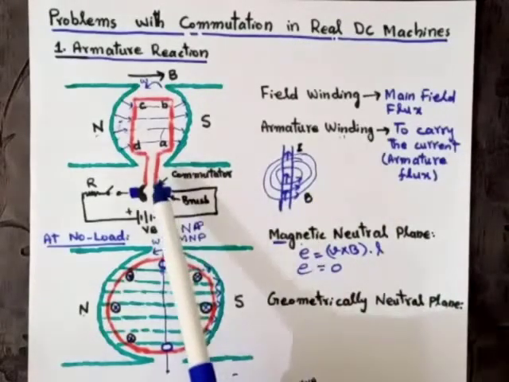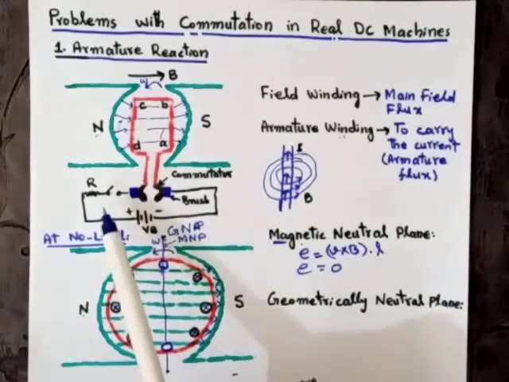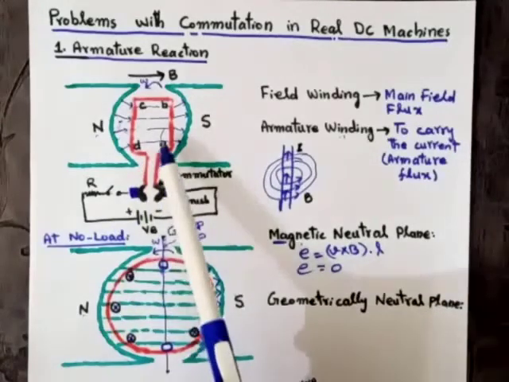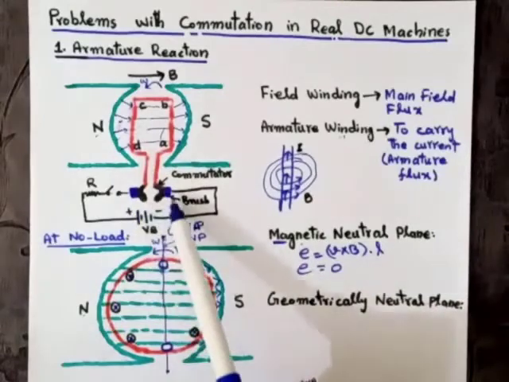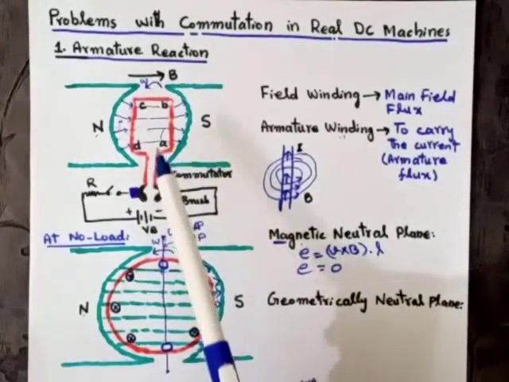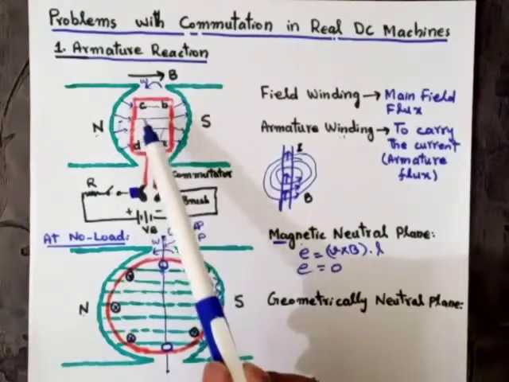Now, as you can see in this figure, when the switch closes, or the circuit closes, the current will flow in the rotating part of the machine as well. When the current flows in the rotating part of the machine, then due to this current, according to Ampere's law, a magnetic field will be produced across the conductors AB and CD as well.